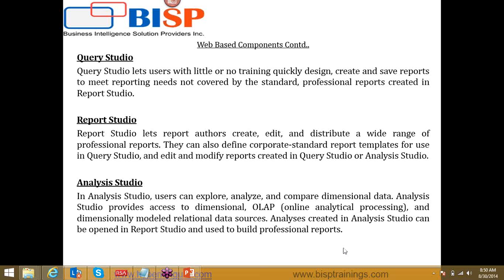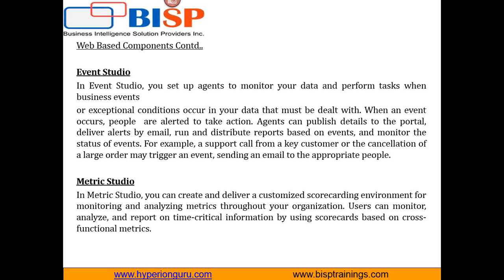Next, cover the Event Studio and the Metrics Studio. Event Studio is basically a studio which will help us in creating events, depending upon conditions, for example when we need to send mails to the users about the failure or the success of a report. So depending upon certain triggers and certain rules, we can create rules and create different events. So in the Event Studio, we can